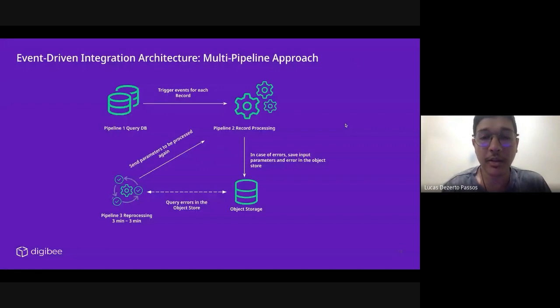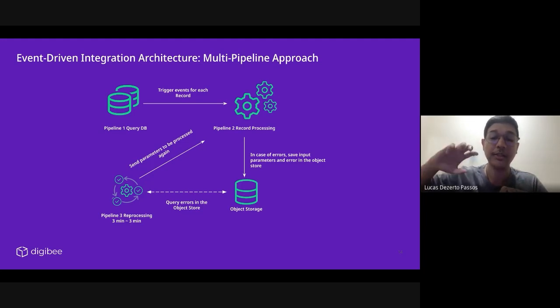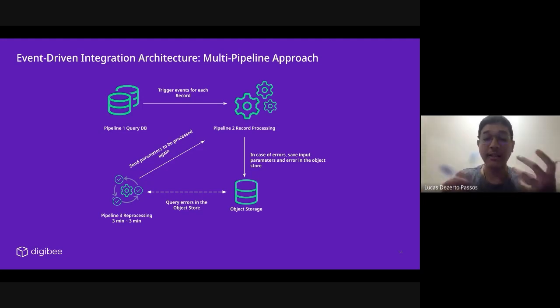Let's take a look here at the bigger picture. So when Clara got in front of these problems, she realized that she had to do more manual tasks on the decoupled pipeline than what she was doing before. So the first pipeline is processing all the data here. And when the data gets stuck, it is separated into a different stack of errors, where we have registers that have errors that are saved in a different database here. So Clara has to manually get this data and reprocess it by herself. She had to do this daily.